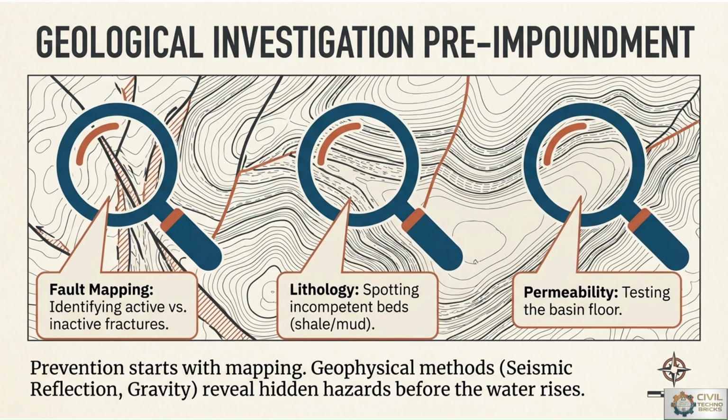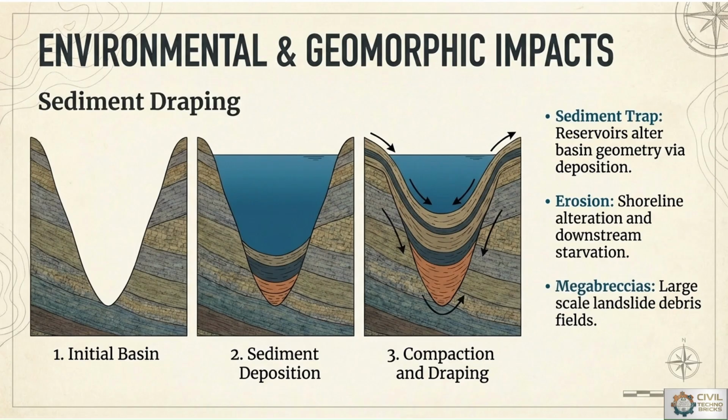Geophysical methods help to detect hidden subsurface discontinuities. Permeability testing evaluates groundwater movement characteristics. So pre-impoundment investigation is essential for safe reservoir planning. Prevention starts with mapping and geophysical methods like seismic reflection and gravity, which reveal hidden hazards before the water rises. Next,